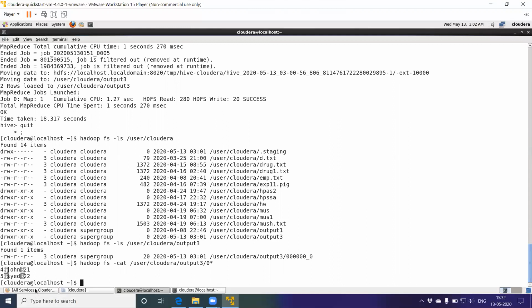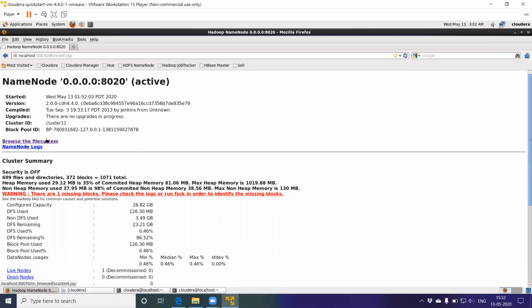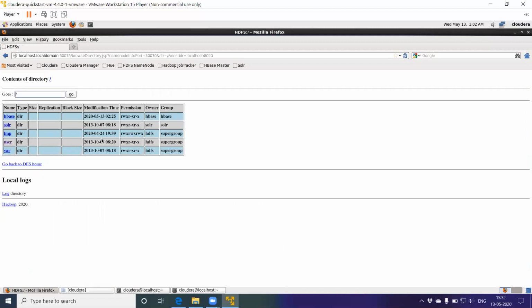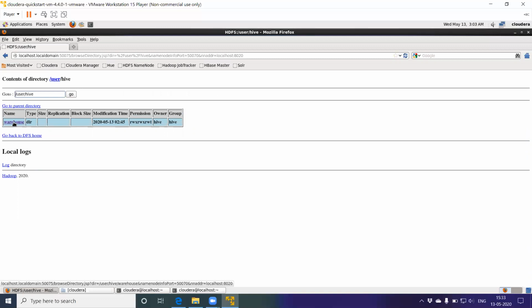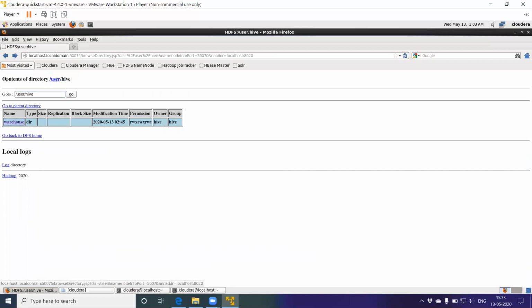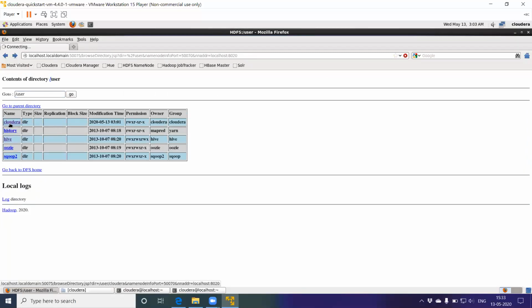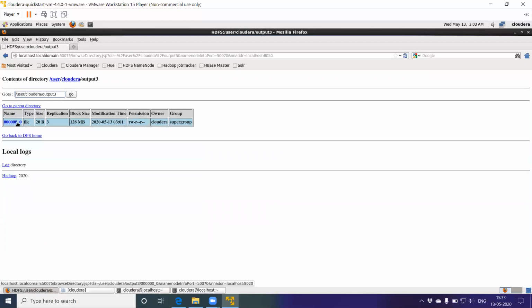So just click on the browser, HDFS name node, browse the file system, user, Cloudera, warehouse, go back, user Cloudera, output3, click on output3, here is the answer.